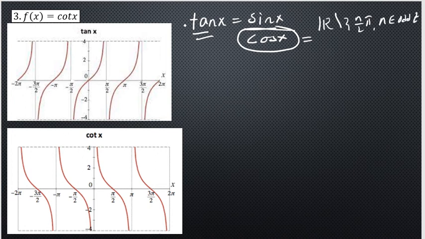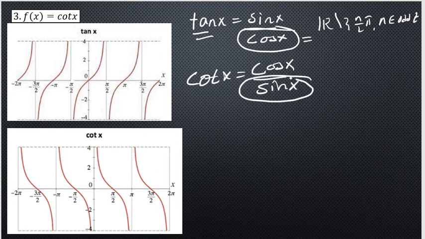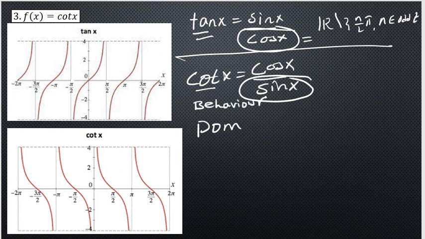Now our focus is not tan, it's cot. So cot x is the same as cos x over sin x. So the points where sin x becomes 0 are undefined points for cot. Those are vertical asymptotes. Where are they? Sine becomes 0 at n pi in general. So the domain of the cotangent function is real numbers but without n pi for n an element of integers,